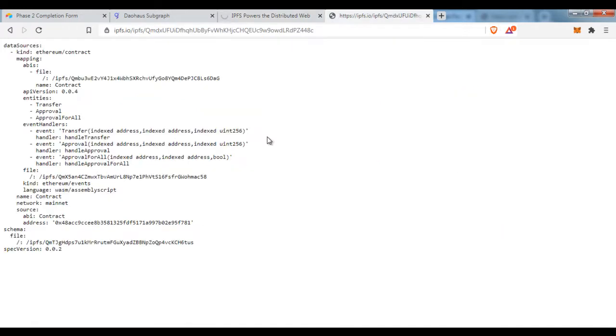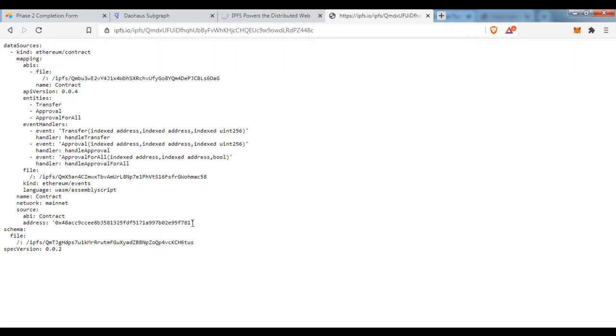This is what the manifest of another subgraph looks like, which I managed to download. In this manifest we see a lot of information, but you need to find the source. So look at what network this subgraph works on. This subgraph works on mainnet, Ethereum mainnet, and now